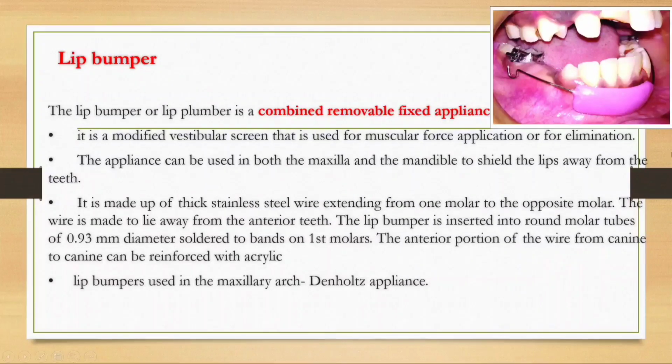Now what is a lip bumper? As you see here, you can see a lip bumper. Lip bumper is a combined removable fixed appliance. It is a modified vestibular screen that is used for muscular force application or for elimination. It can be used in both maxilla and mandible to shield the lips, so it is preventing the lips' action on the teeth